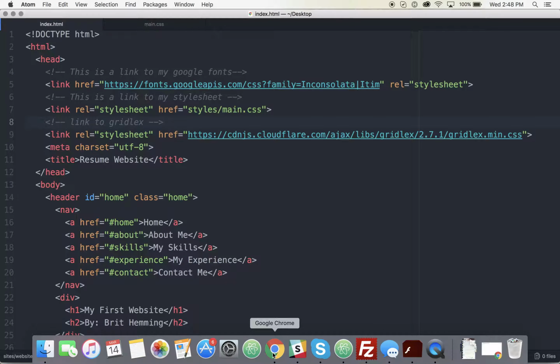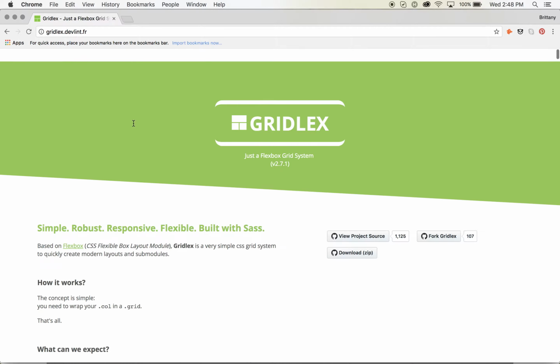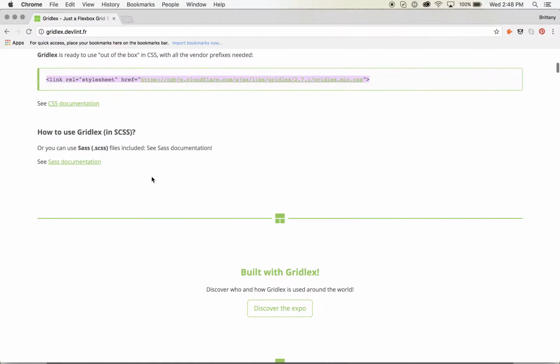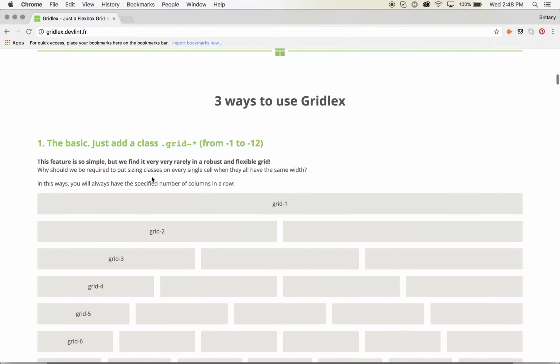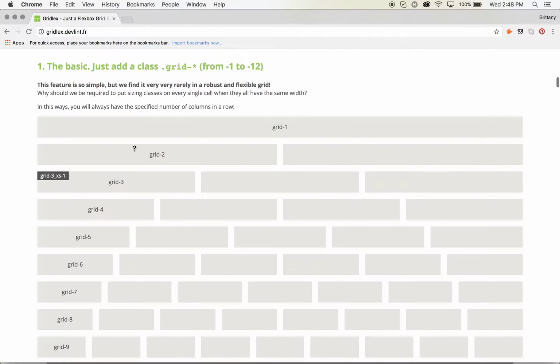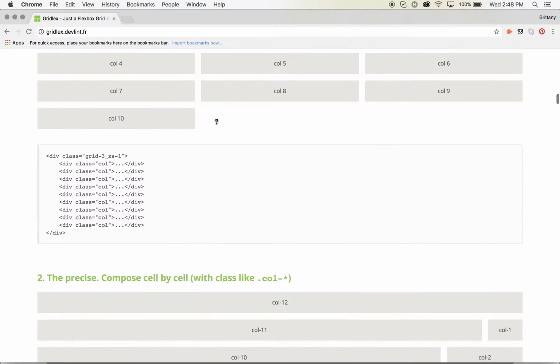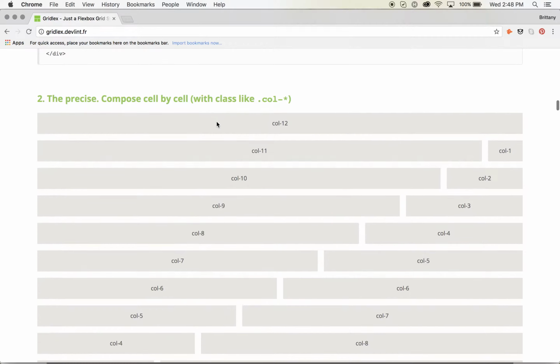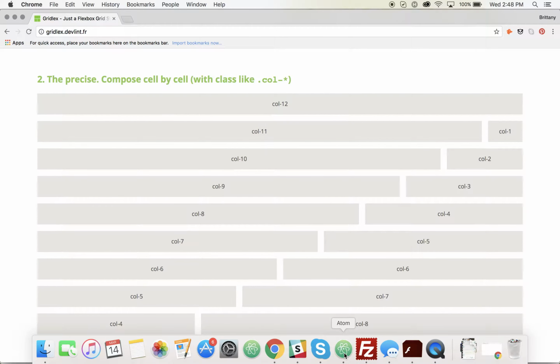So if you go back to the Gridlex website, this website is actually their documentation, so it tells you how to use Gridlex. Basically, you add a class of grid, and then you define the column width. So you have to wrap a grid around your columns. So, for example,